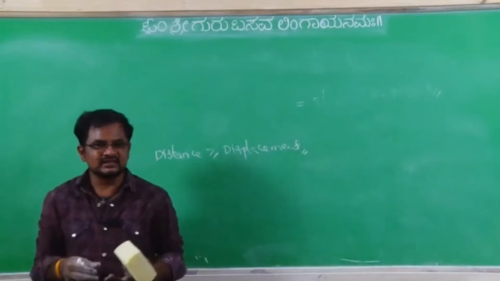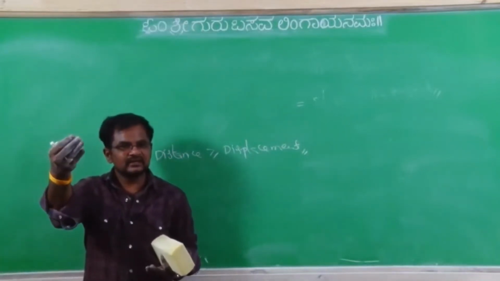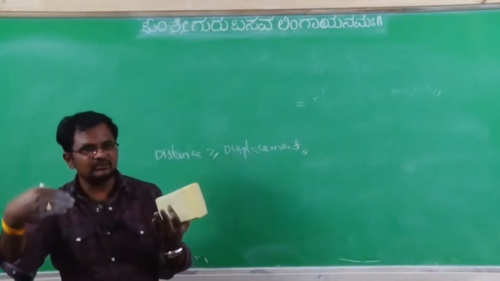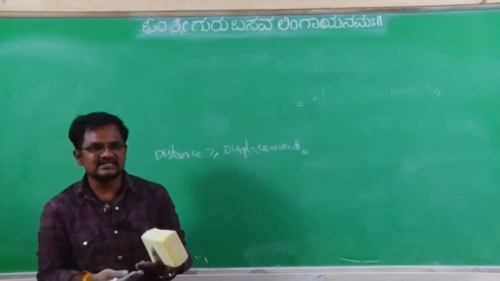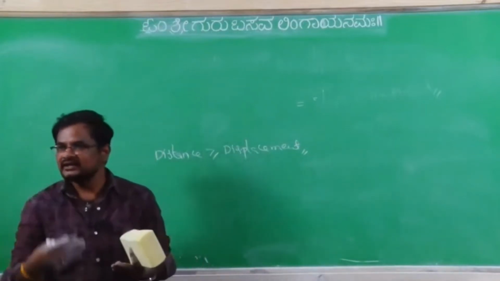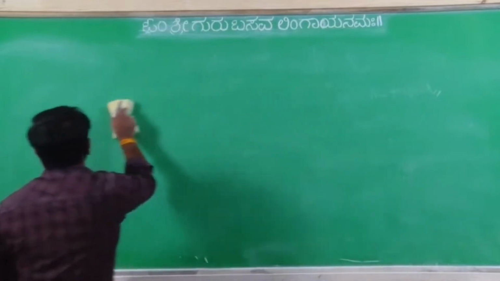And speed and velocity. What is the speed? Distance covered by the body divided by time, distance by time. And what is the velocity? Displacement by time. Okay, already you know these conditions. Next,